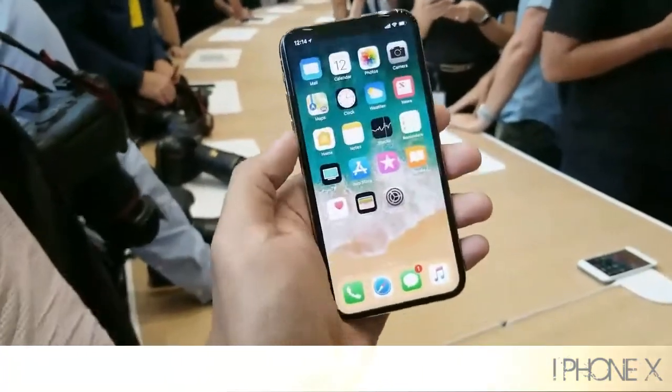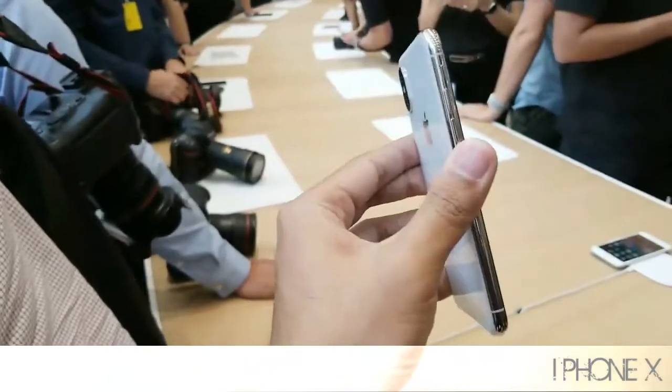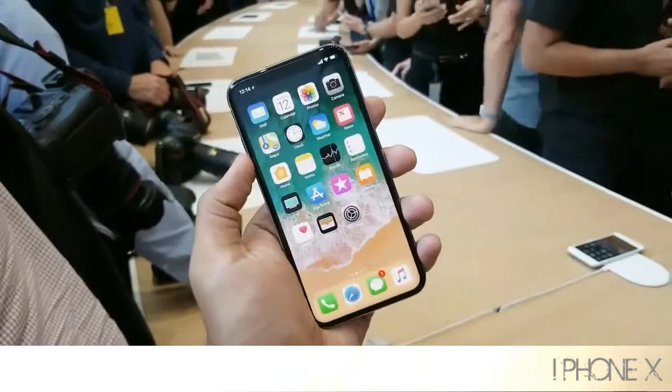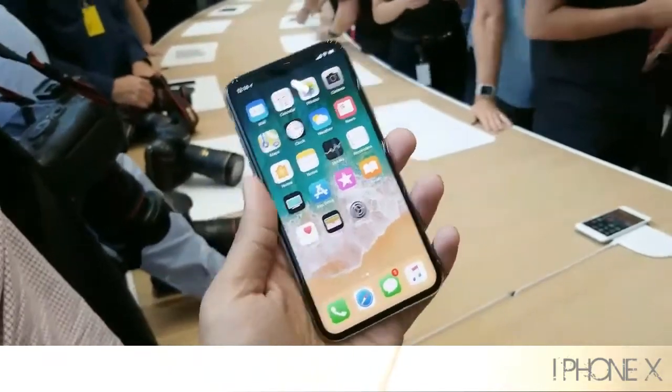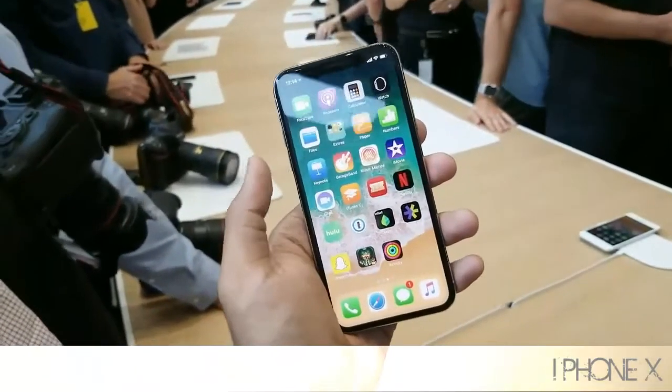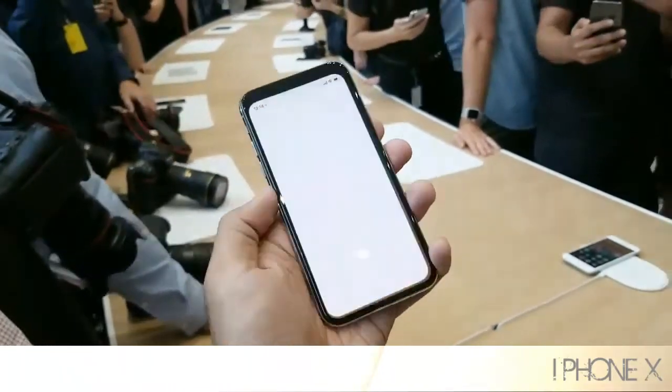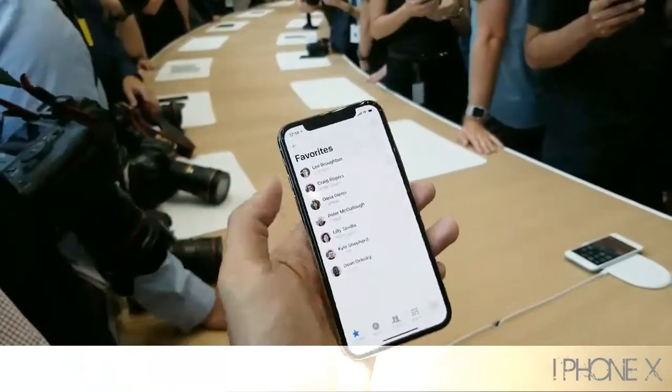So again, iPhone 10 looking really nice, feeling really nice as well. This is probably one of the nicest handsets I've ever felt and picked up, although we have seen a lot of really strong competition from LG with the V30 and obviously Samsung with the Note 8 and Essential out of nowhere with the PH1. I'm really curious about Animoji. So this is a new feature that